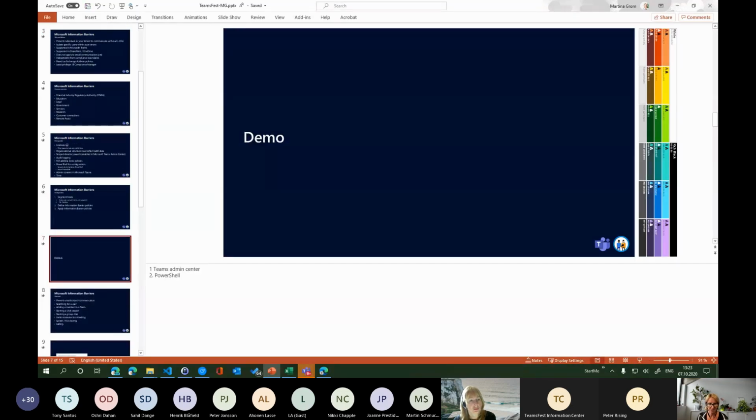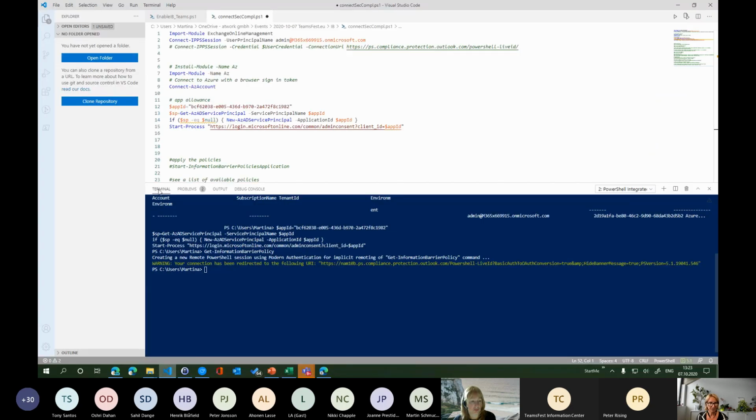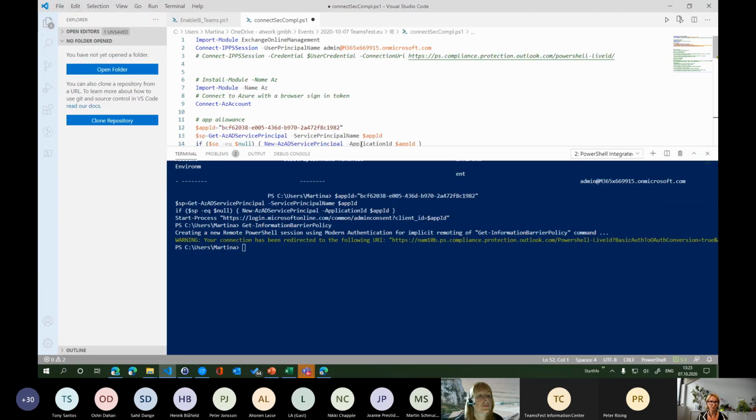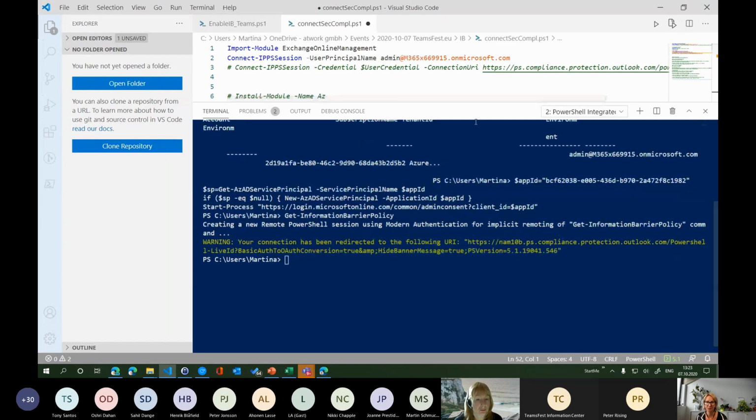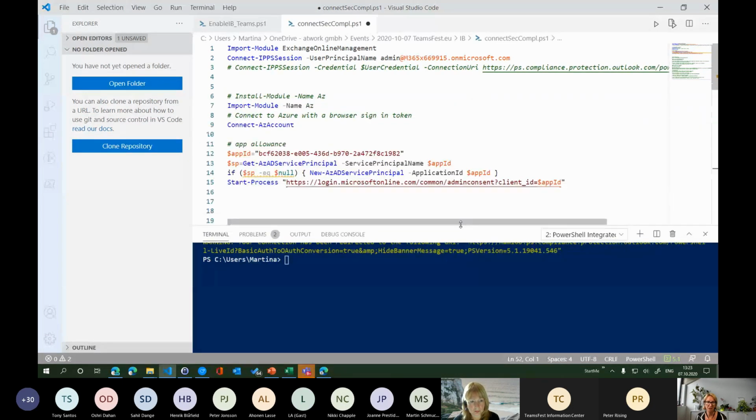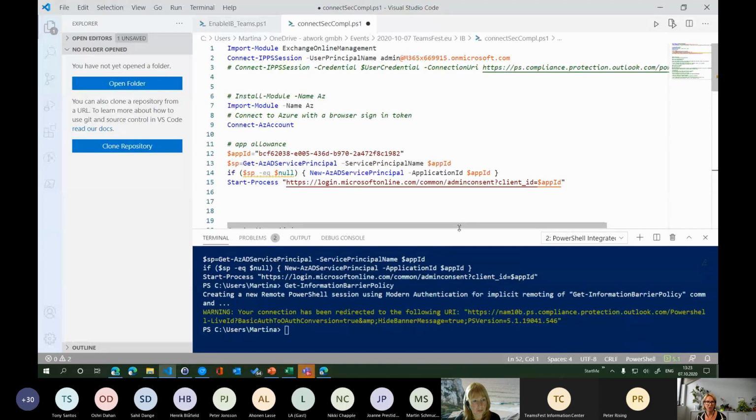That being said, we're just jumping over to a demo to show you how to set it up and what the first steps are. I'm just jumping over, and I will walk you through the steps here. So what you see here, you probably see now, it's a little bit better, is